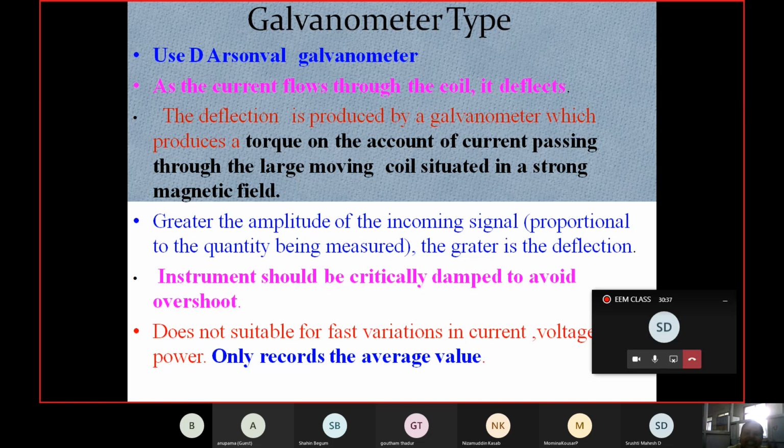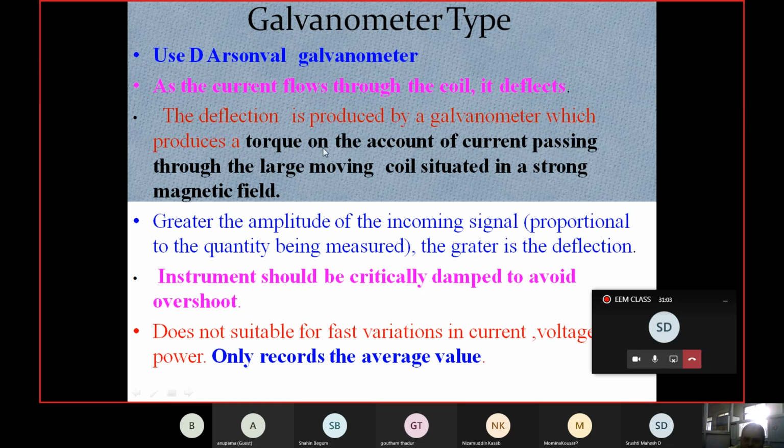The deflection is produced by the torque. How much deflection there is in any meter is based on the torque produced within the circuit. We have already learned that many times in the previous cases.